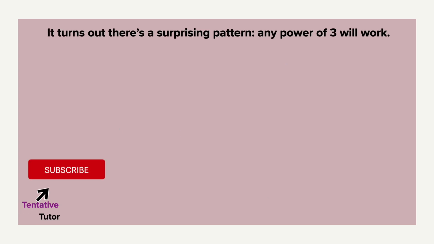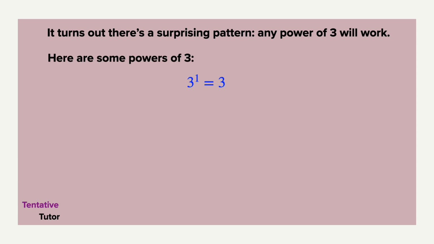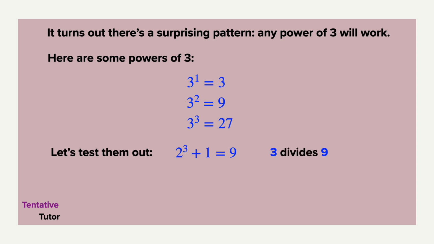It turns out there's an interesting pattern. Any power of 3 will work. Let's list some powers of 3. 3 to the first is 3. 3 squared is 9. 3 cubed is 27. And let's test them out. 2 cubed plus 1 is 9, and 3 divides 9. 2 to the 9th plus 1 is 513, and in fact, you can check 9 divides